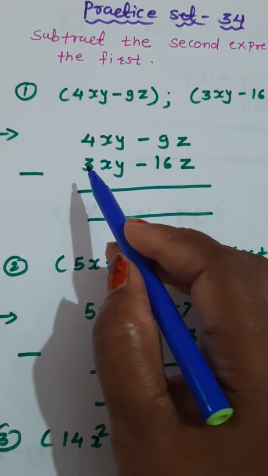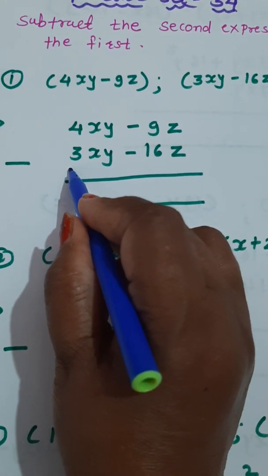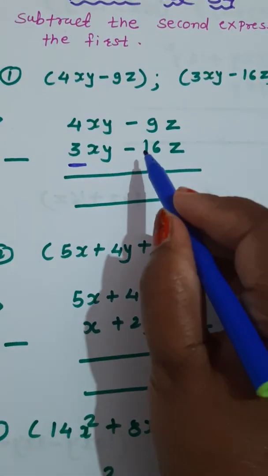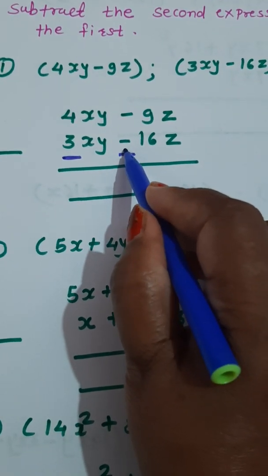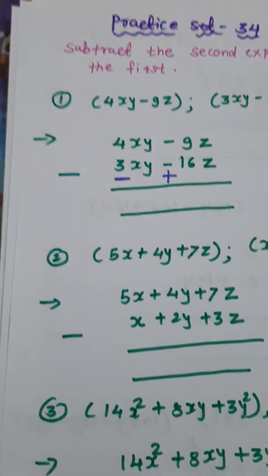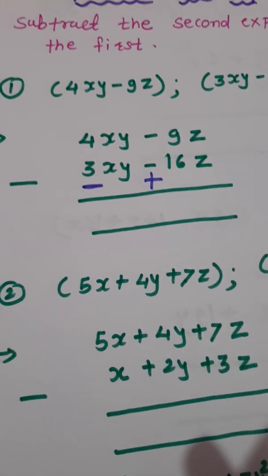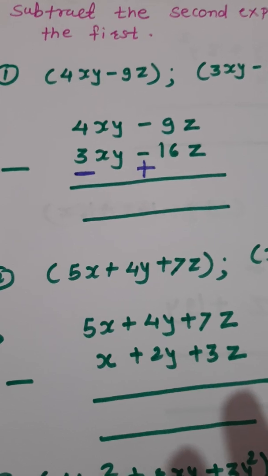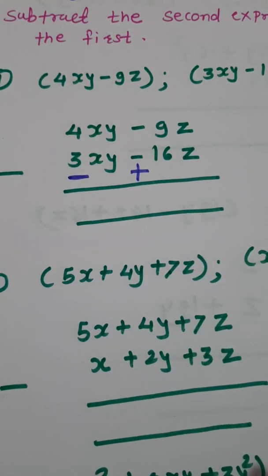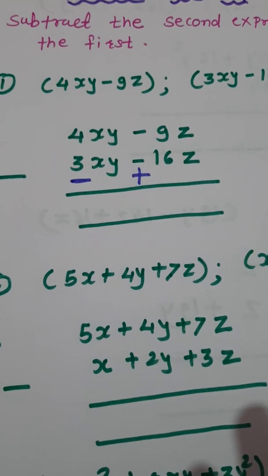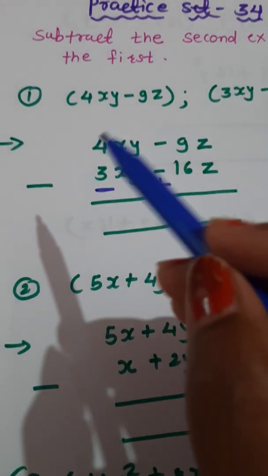Now see, this 3xy is positive, it becomes negative while the subtraction. And this 16yz negative, it becomes positive. The most important rule of subtraction. Now see, now it is simple. Now as usual, you are using the rules of signs. One positive, one negative, do subtraction, give sign of big number. When both are negative, add them and give the same sign. So here,